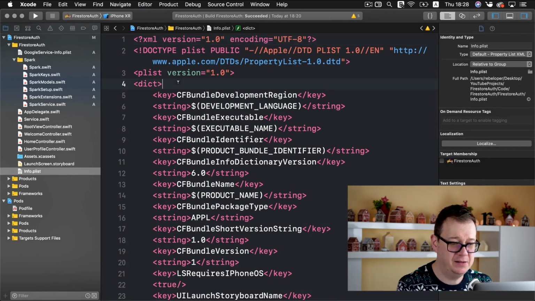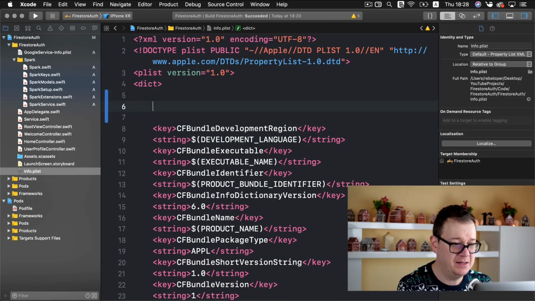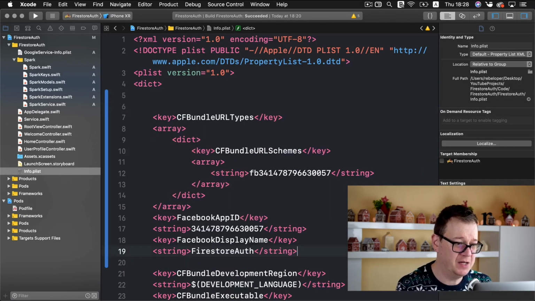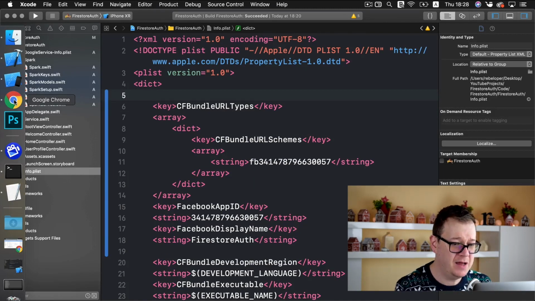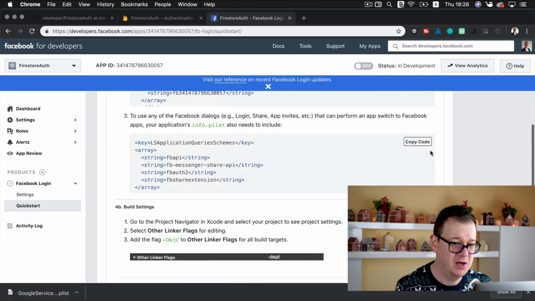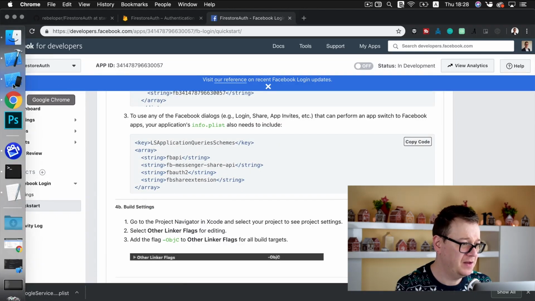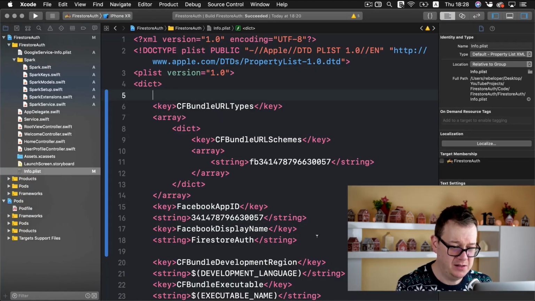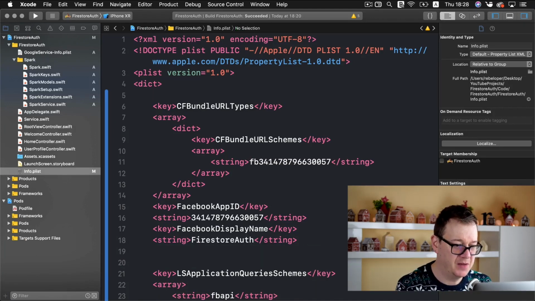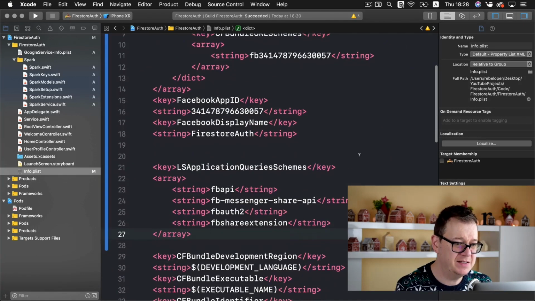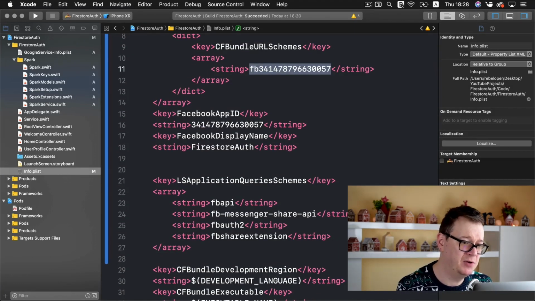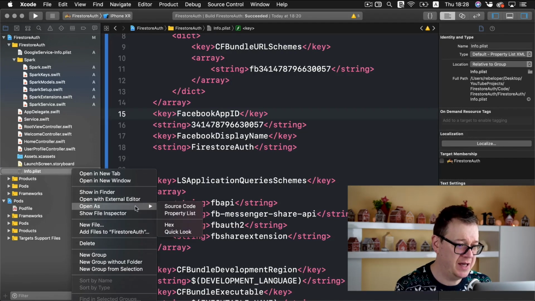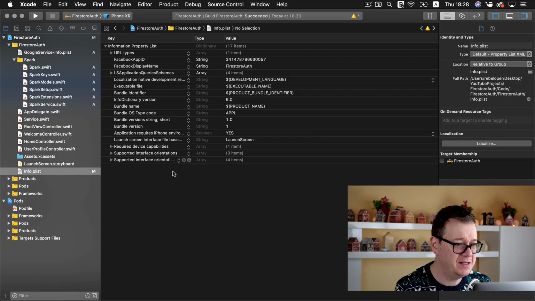Okay, and you will be presented with all of this source code. So under dict, make sure that you have that put in here. Okay, simply paste that in there and we still have one left. So let's just scroll down, copy it out and go back to Xcode and paste it in and there. There we go. And as you can see, we added some Facebook IDs, bundle URL schemes, Facebook app ID, and so on. So I will switch back to opening as a property list, and you can see that here